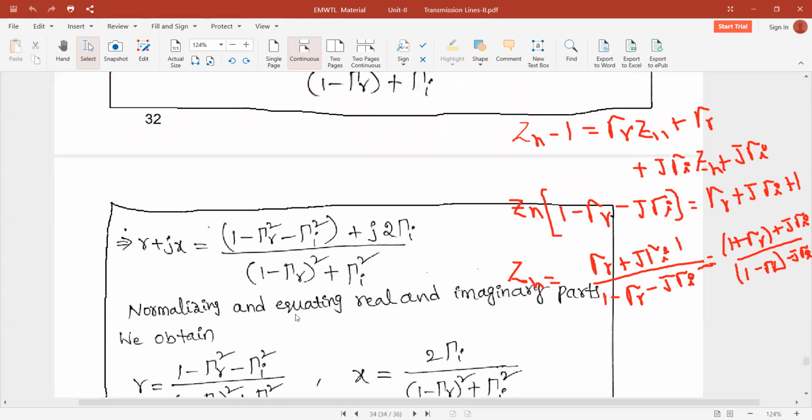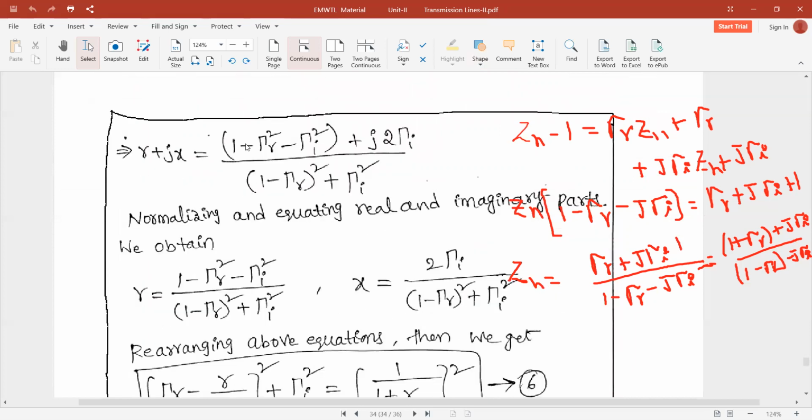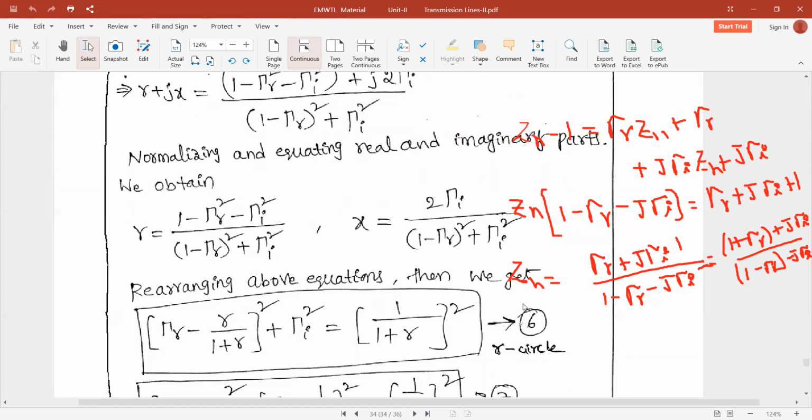So equating the real part and the imaginary part. The real part is r: 1 minus gamma r square minus gamma I square by 1 minus gamma r whole square plus gamma I square. And the x component, nothing but the reactance component x circles: 2 gamma I by 1 minus gamma r whole square plus gamma I square. Rearranging the above equations, then we get